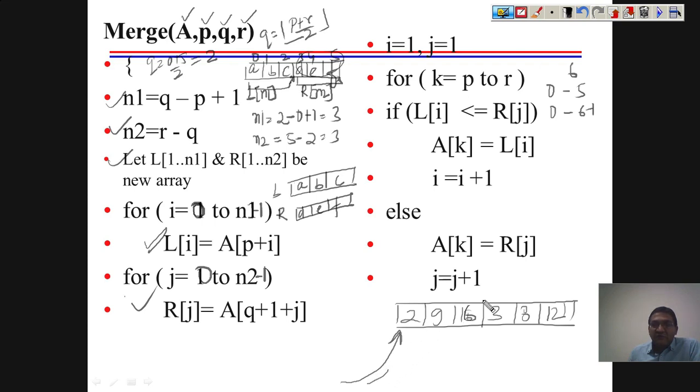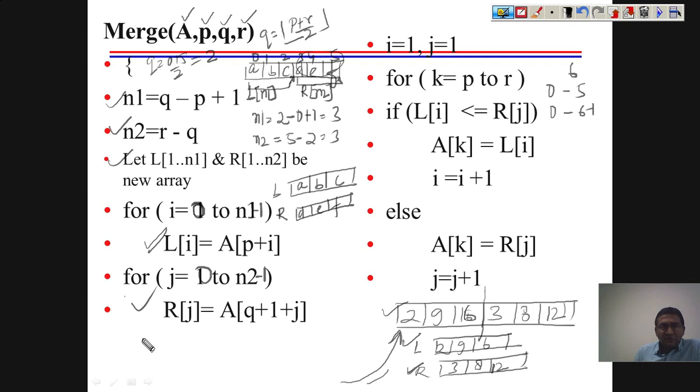So let's say you reach the situation when you have this scenario where we have 2, 9, 16, 3, 8 and 12. So in L we have 2, 9, 16, and R is 3, 8 and 12. Now what you will observe here is that each part itself is sorted, and now you need to make a logic so that the entire thing will be sorted, because as a whole this is not sorted, but each part is sorted. So what is required? Now we will be doing this, because this part is already done by these steps.